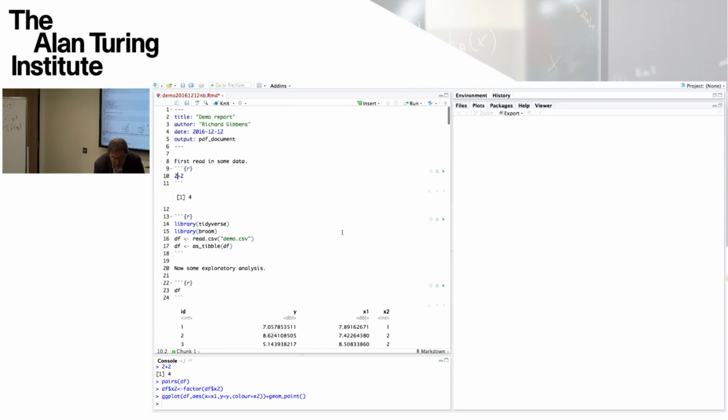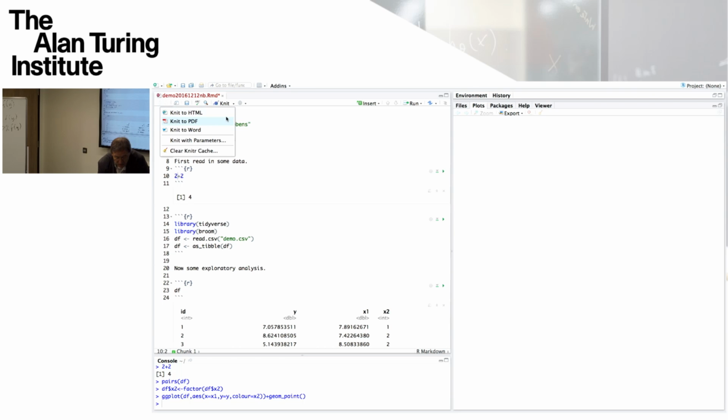Okay, so let's just summarise what we're doing quickly with this. With an R Markdown file, you can have text, you can have R chunks and their output, which can be textual or graphical, and it all gets inserted in together. If you take that document, then the verb is to knit it.